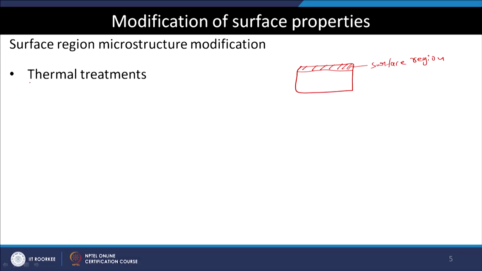We will be looking at that when we discuss in detail the different surface treatment methods. Where we apply only the thermal treatments or the heat treatment, we should have a technique by which we can change only the temperature of the surface region. For example, only this region we want to bring to a different temperature, and then we will cool it down, followed by cooling. So, we want to change the property.